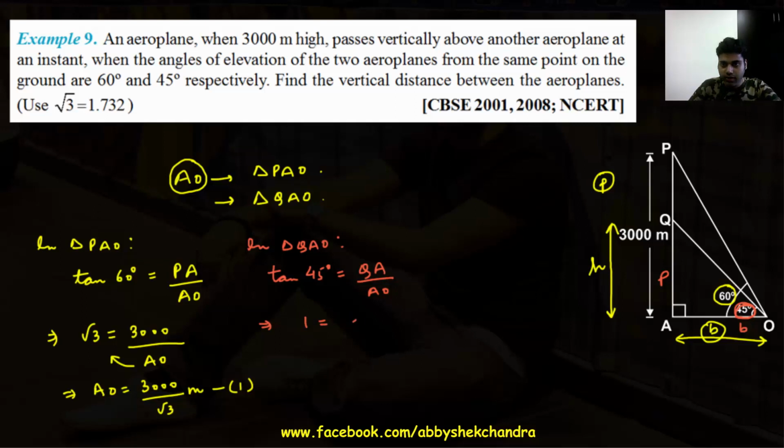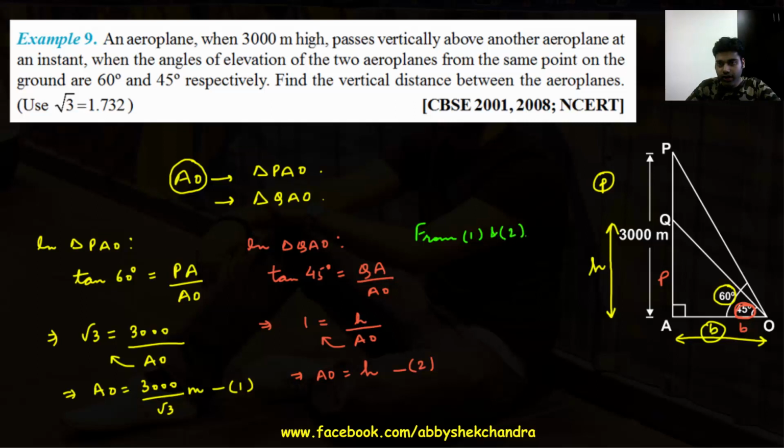Okay, QA is, we have assumed it to be H. We're going to write H by AO. So what will be AO? Take it to the other side. AO will be equal to H. Now this is 2. Now from 1 and 2,